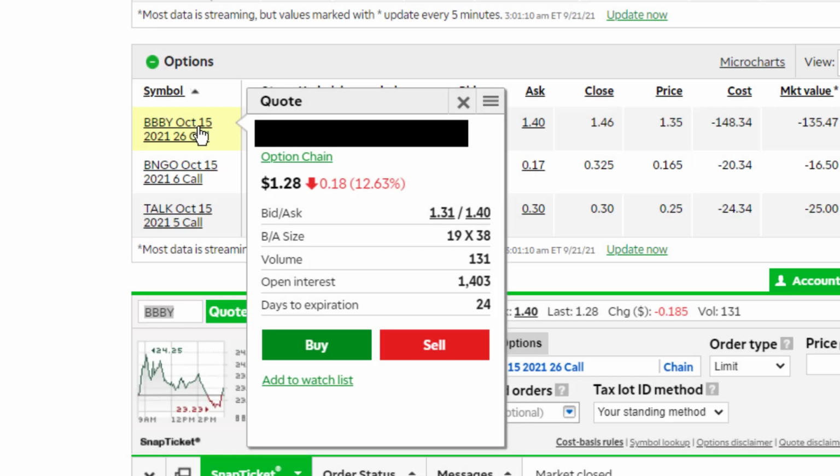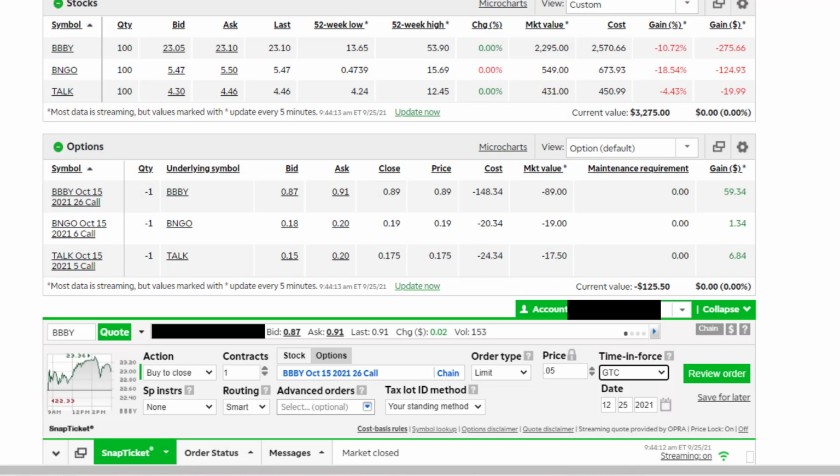How do you close out your trade before expiration? So I currently don't have any cash secured put trades, but I do have several covered calls. And the process for closing out a cash secured put is very similar. You just hover over the option and then click Buy. And the action this time is buy to close, meaning that I'll buy back the option to close out the trade. In this example, I'm just going to place a limit order for 5 cents.